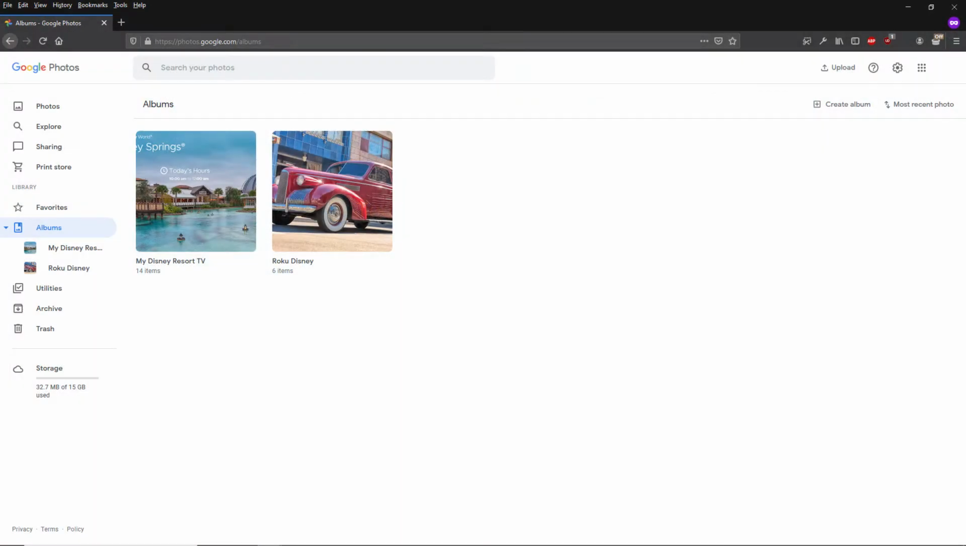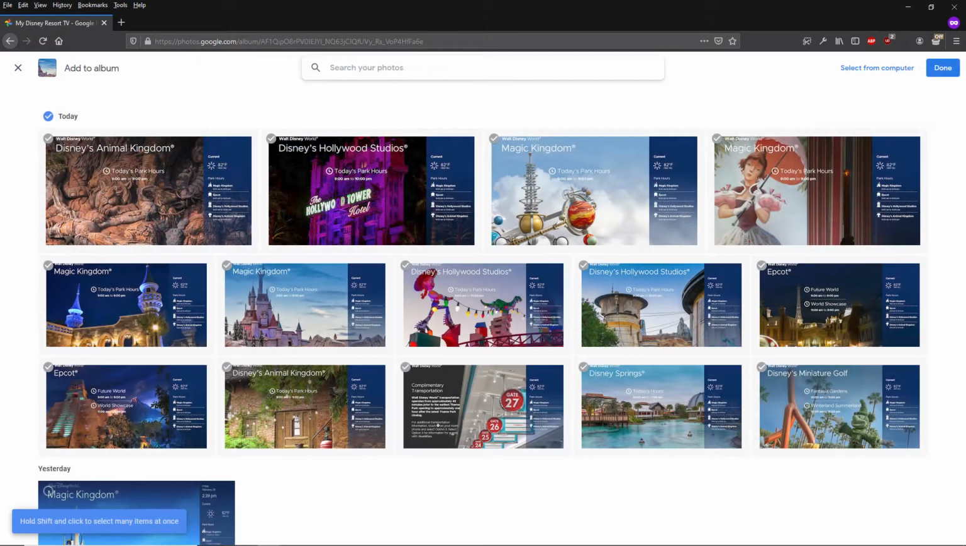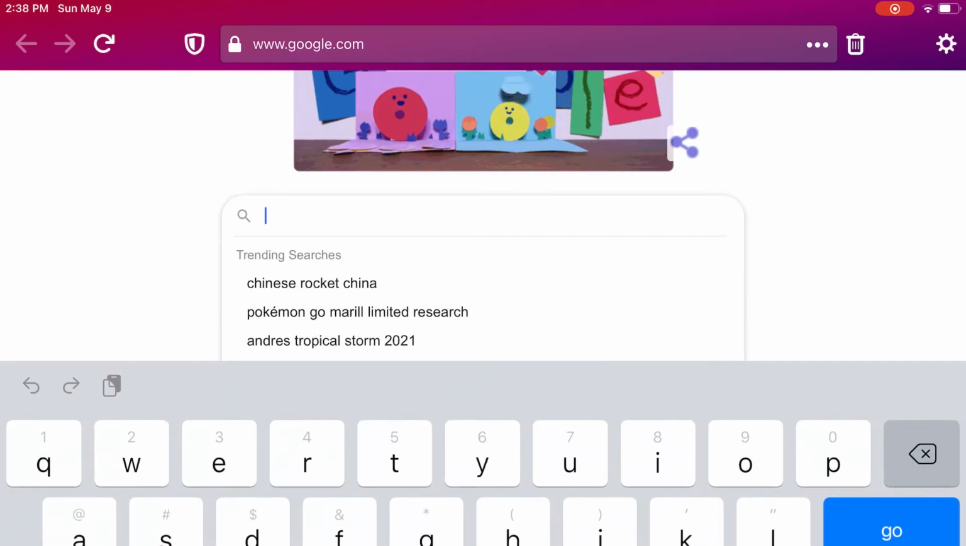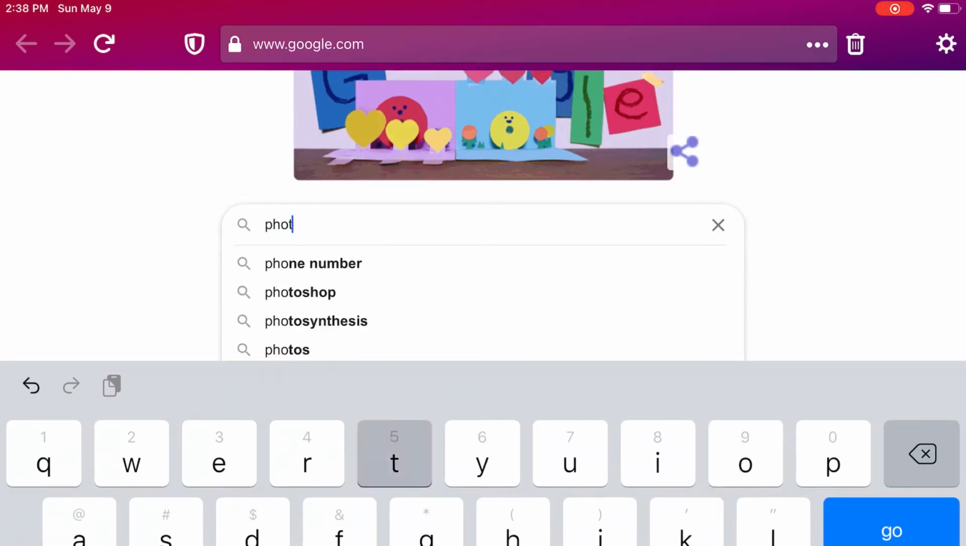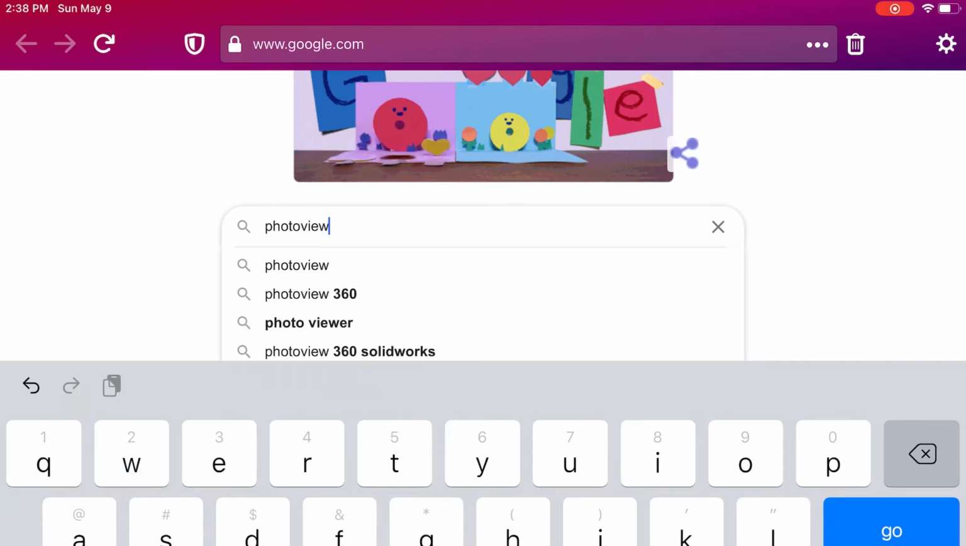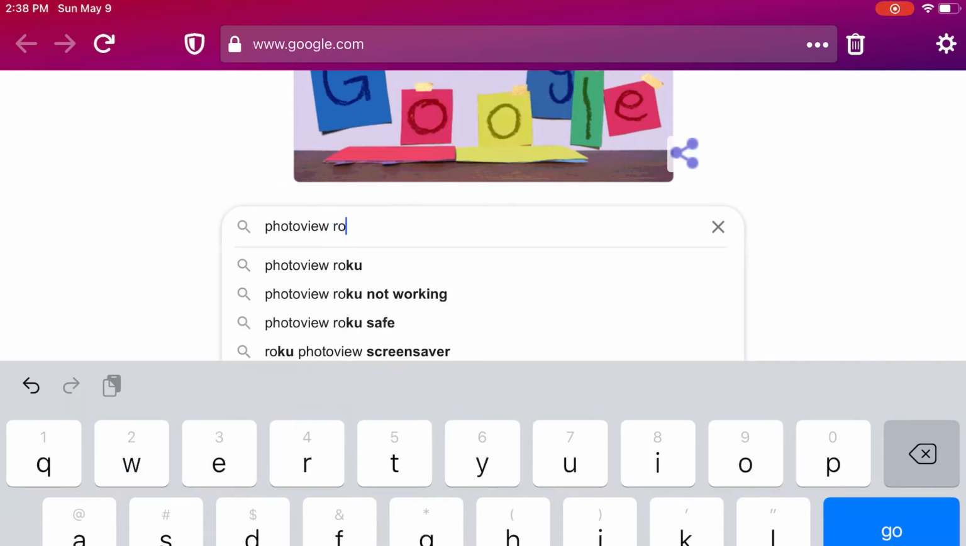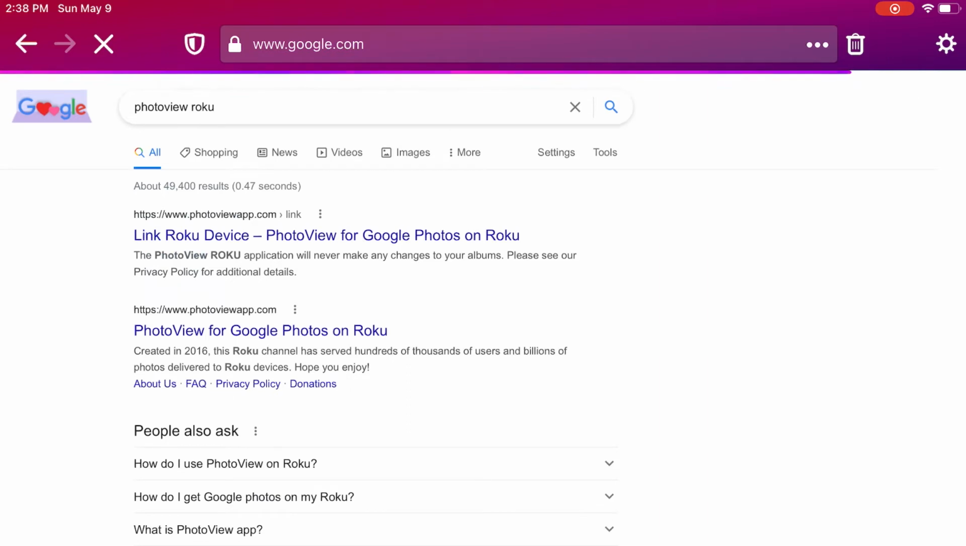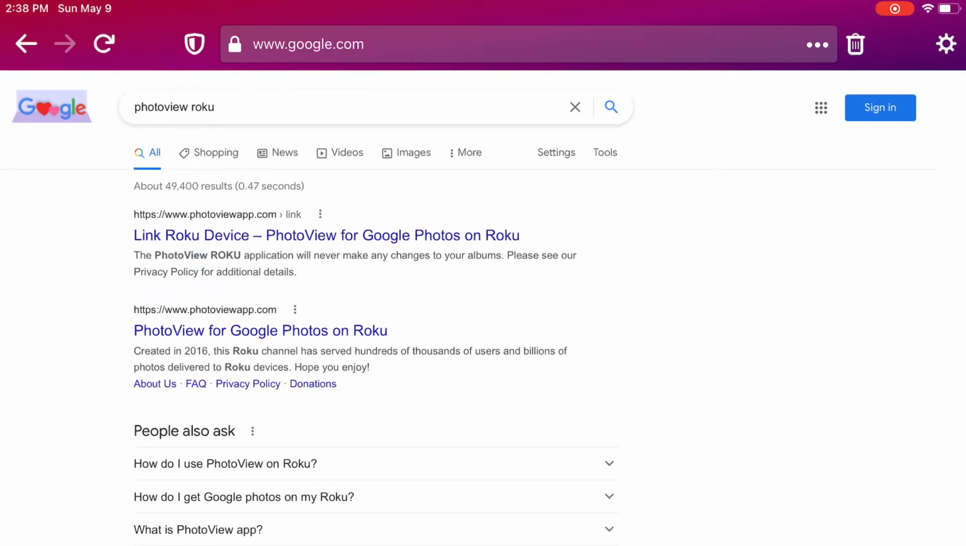Step number 2. Sign into Google and upload your photos or videos to Google Photos. Okay, step number 3. Now this one is the most tricky step. You need to go to Google on your phone or your iPad and type in PhotoView, all one word, and then Roku. And one of your top results is going to be